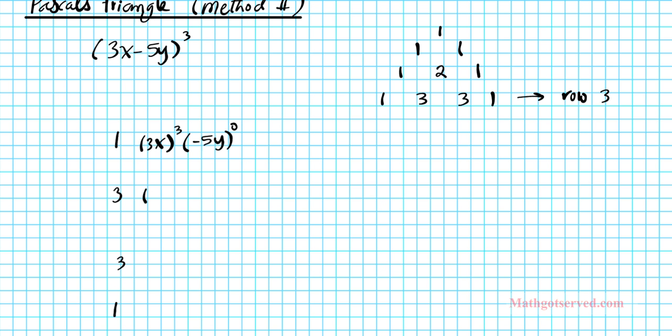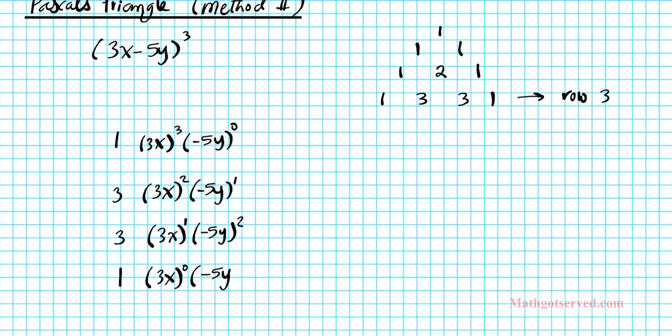Okay? So first step, this one descends down to 2. This ascends to 1. Let me move this up a little bit. It's weirdly spaced, so let's put it closer. 1, 3, 3, 1. Okay, so this one descends to 1. This ascends to 2. This descends to 0. And this ascends to 3. All right, you know you're done when there's a complete reversal of the power. So this was 3, 0. Now you have 0, 3. You know you're done. So what you're going to do now is simply expand the terms and find the sum,